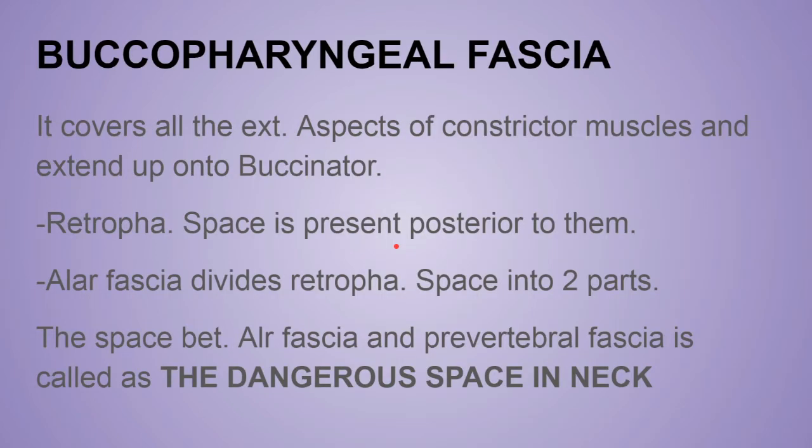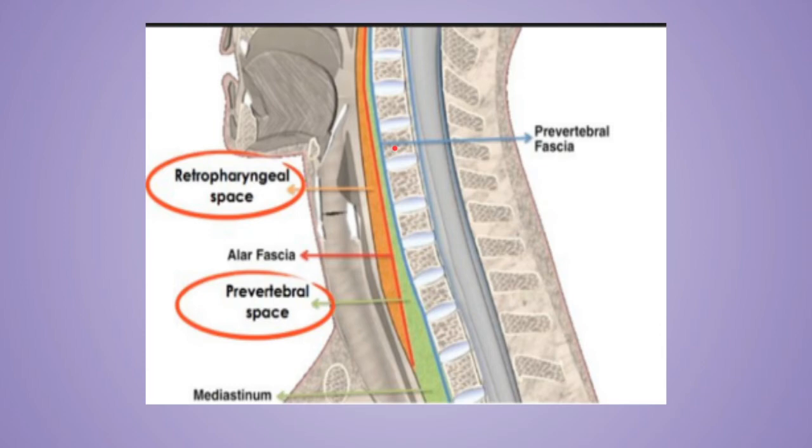The buccopharyngeal fascia. First of all, look at this diagram. If you remember, I told you before in the prevertebral fascia video that the prevertebral fascia divides into anterior and posterior divisions. The anterior division is also known as the alar fascia, and this alar fascia is separated from the buccopharyngeal fascia by the retropharyngeal space. So in the anterior aspect of the retropharyngeal space, there would be the buccopharyngeal fascia. Remember, the buccopharyngeal fascia is not visible in most diagrams, even in your books, so you only have to imagine that in front of the retropharyngeal space there will be buccopharyngeal fascia.